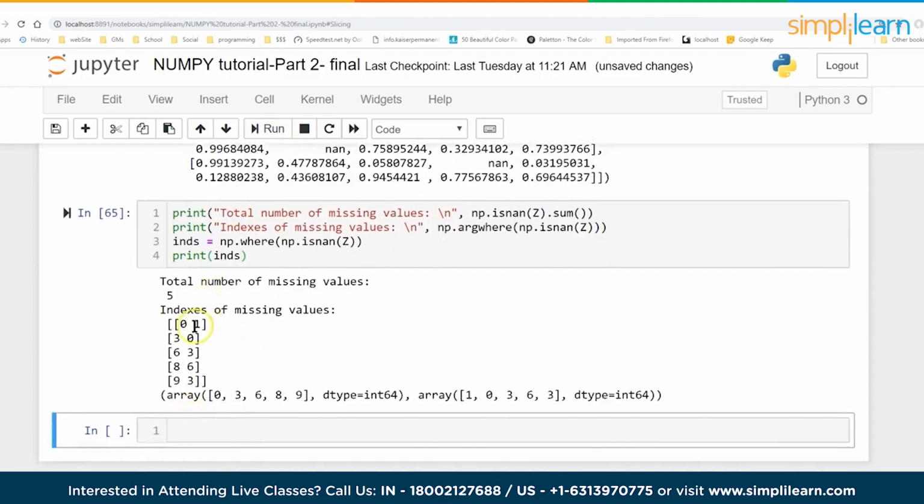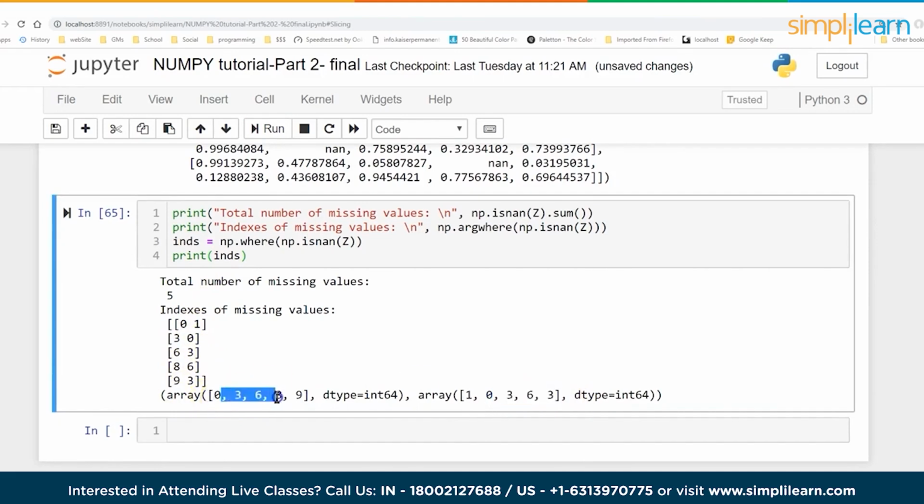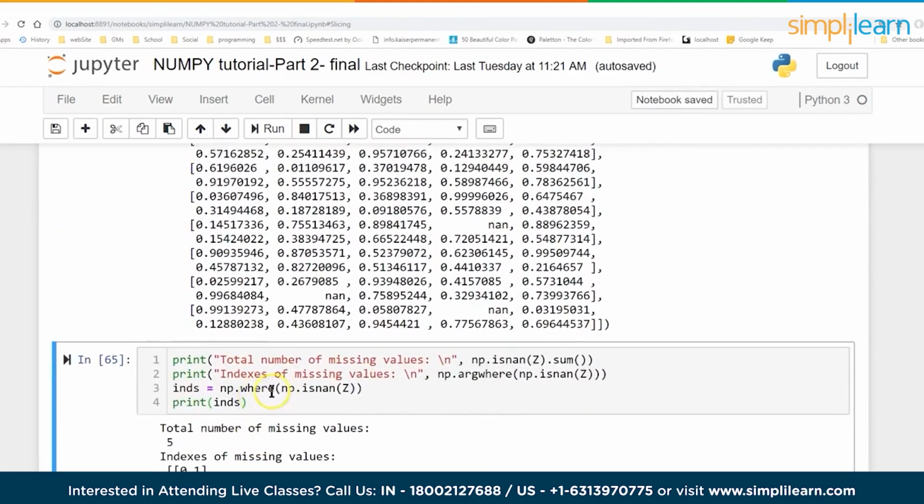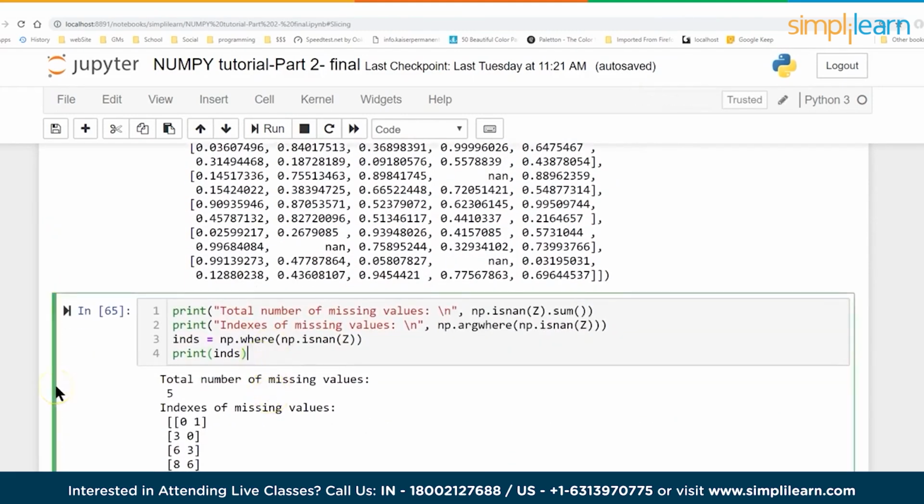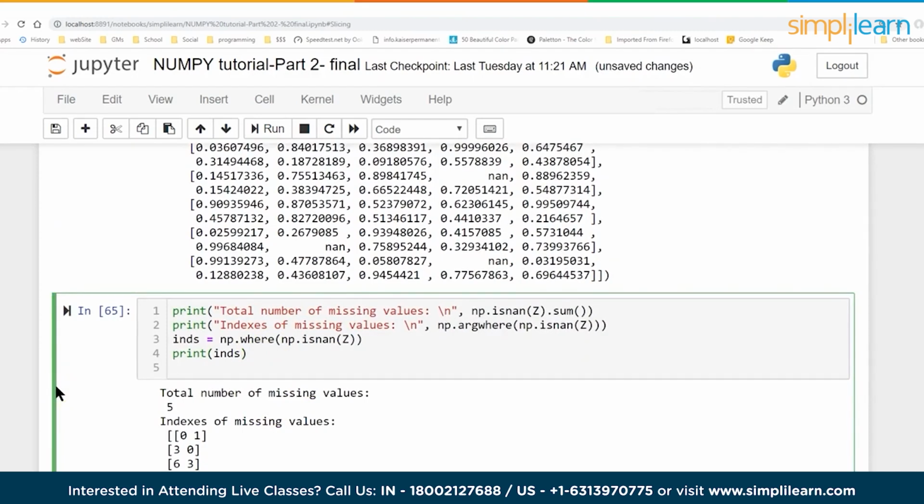And it's very similar. We have 0, 1, 3, 0, 6, 3, 8, 6, 9, 3. But I've split it into 2 different arrays. So we have our X and our Y kind of coordinates going there. And what I can now do is I can now do Z